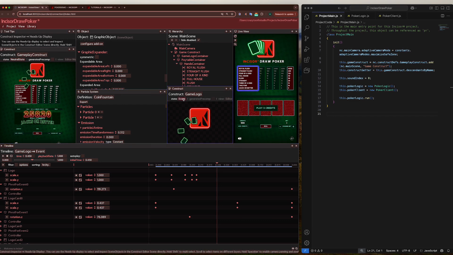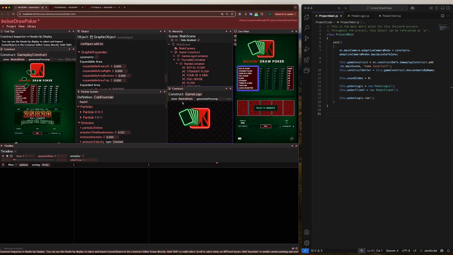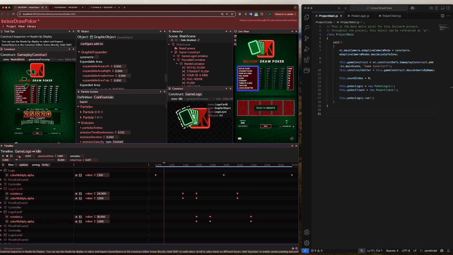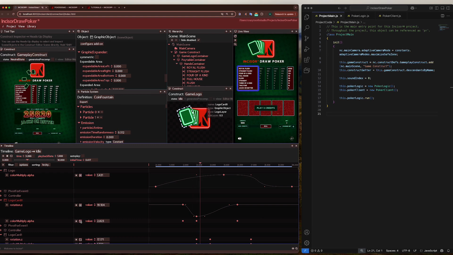In the construct window, I'll select the game logo. By default, the neutral state won't automatically load in the timeline, so we'll change it to the idle state. Scrubbing through the timeline lets you view the full animation, and hitting play will loop the animation so you can see it in action. If you switch to curve mode, you'll also see a graph of the values controlling the